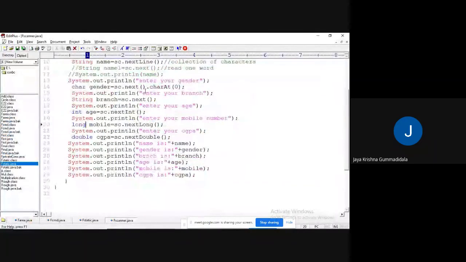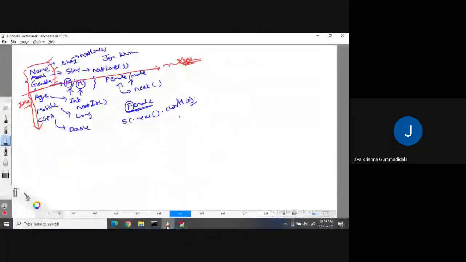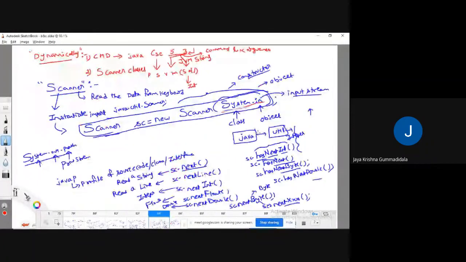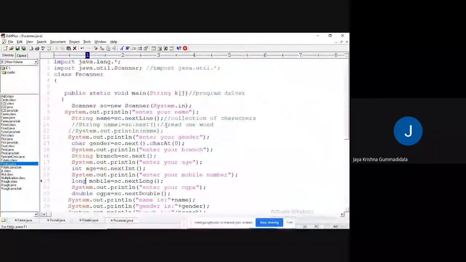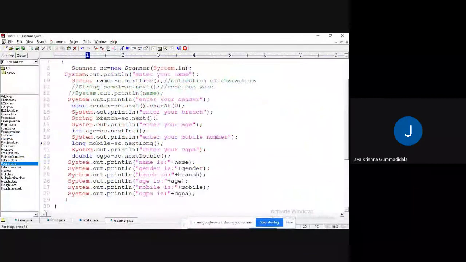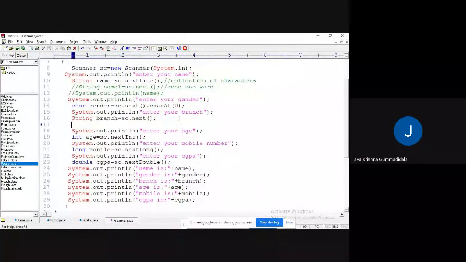See how, through the hasNext methods, we can check whether it is an integer, whether it is a float, whether it is a string, or all those we can check. Now I have read branch through string. After this, if the user continuously enters strings, the system is going to generate errors.